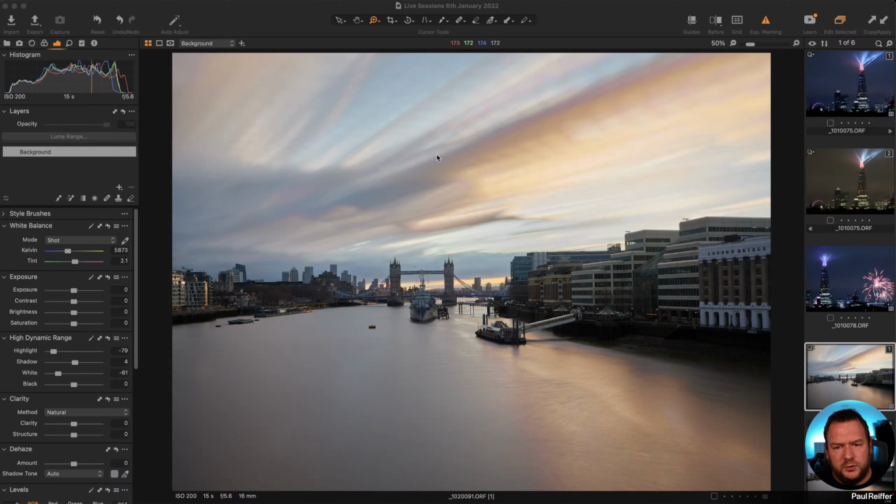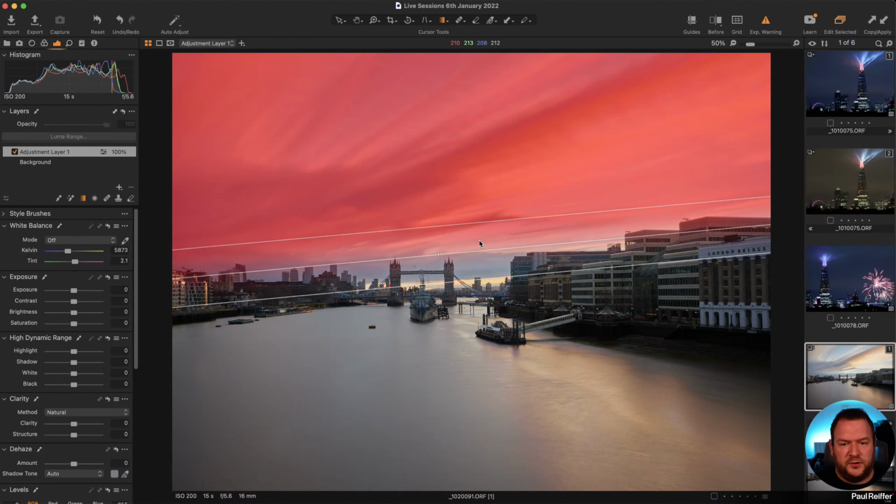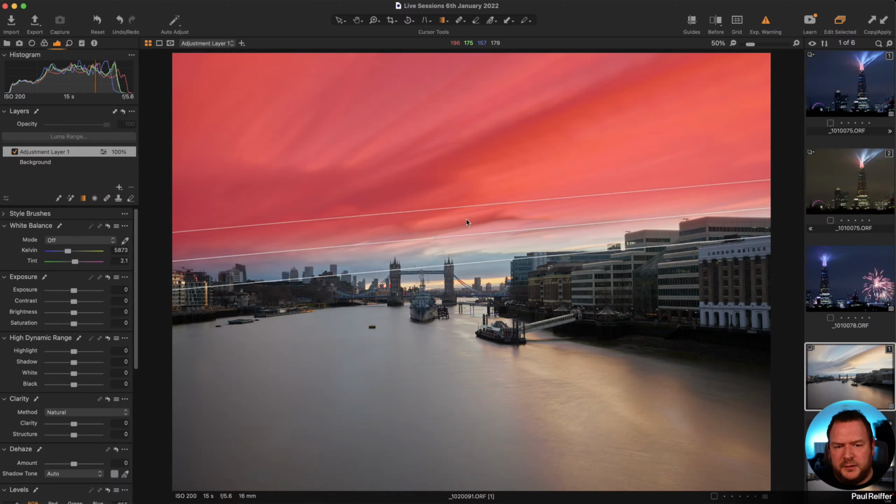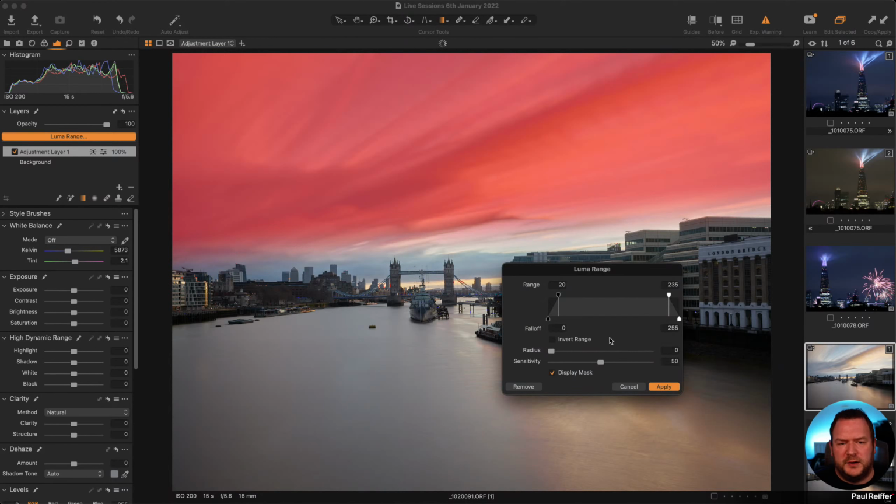So we know that we want to affect the sky, not the buildings. So traditional way of doing it, we would just add a graduated filter, because that's going to have an effect up here and not down here. But that is still going to overlap some of these buildings. Not ideal. I may try and pull this up a bit, but I'm now going to add on a luma range.